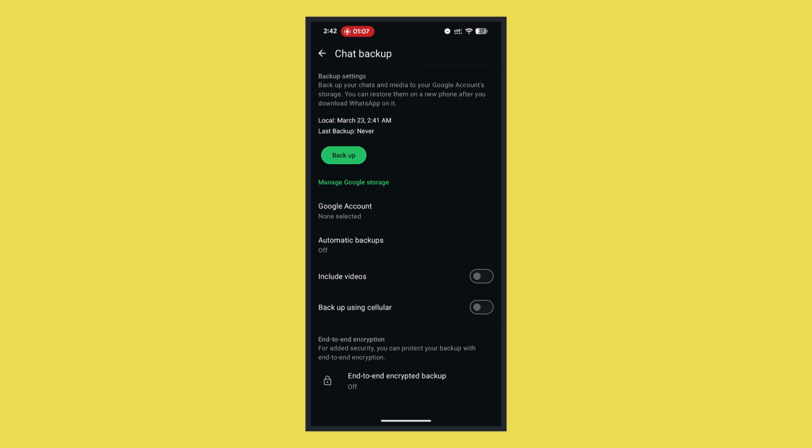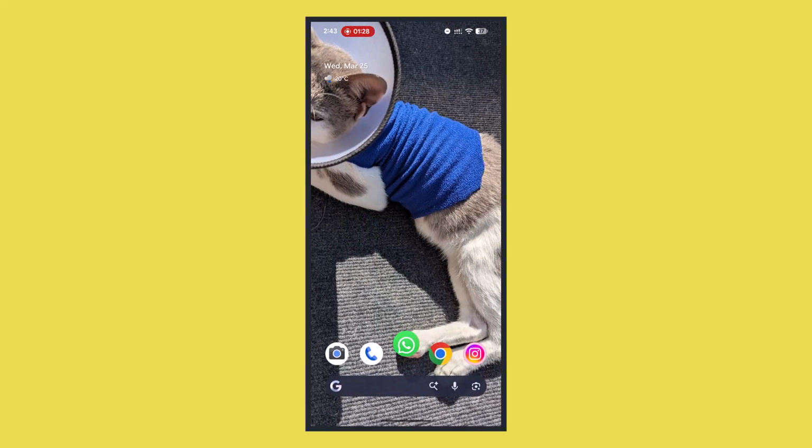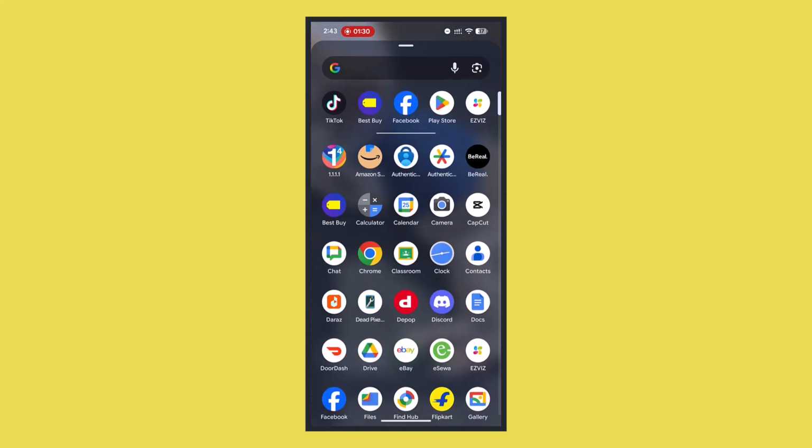Now, here's one thing you could also do: once you've done backing up all your chats, right? You could simply log out of your WhatsApp and then log back into your account. And when you have these options popped up, back up your old messages, something like that, you can simply tap onto it, and you will have messages recovered or backed up already on your device as well. And if you also want to make sure to recover deleted messages, you could also do these